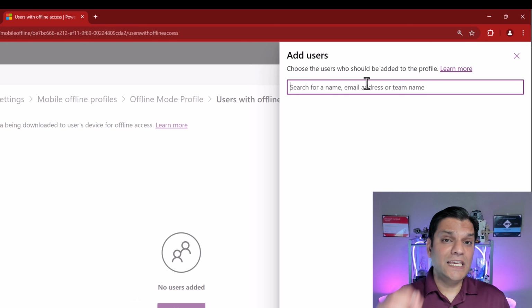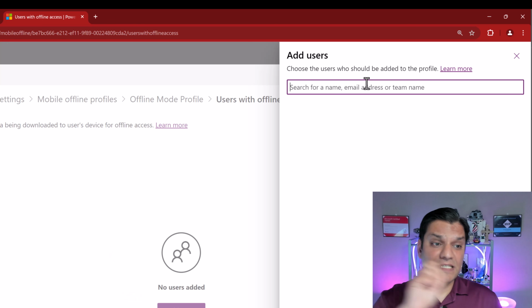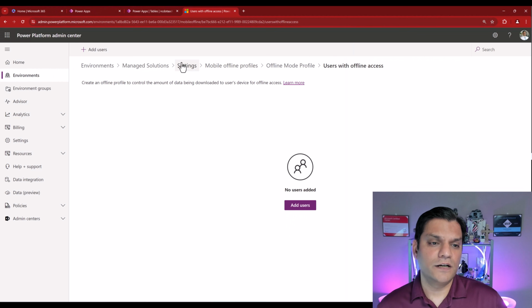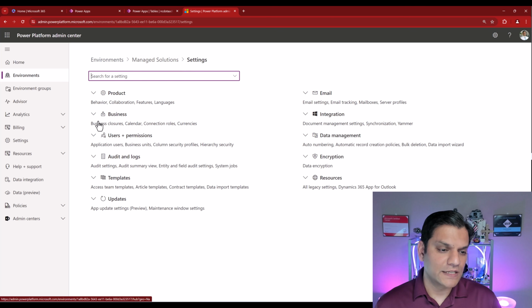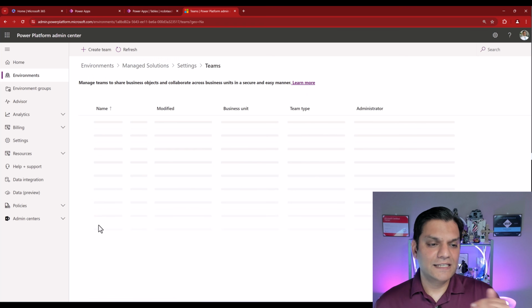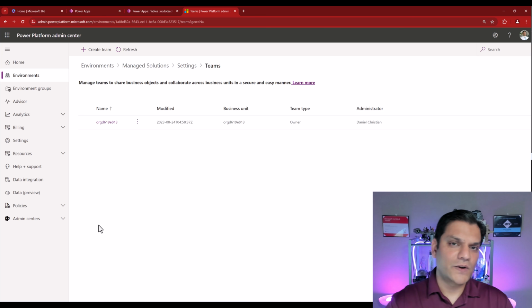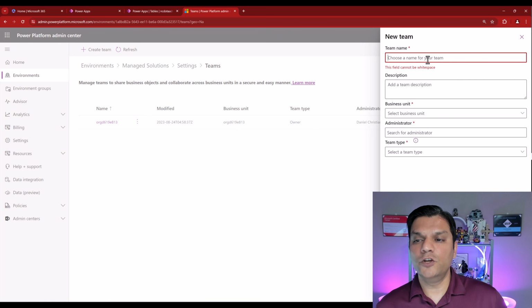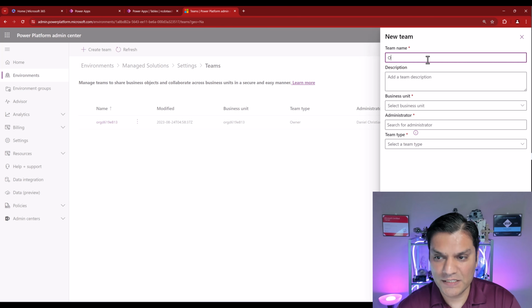So this team name is the team that you set up on your environment level. And I'll quickly show you what that means. If I cancel out over here, let me go back all the way to the settings. I go to users and permissions. You see this team is tied directly to this environment only. And over here, you click on this plus create. And on the plus create, you give this team name. So I'll say offline mode team,